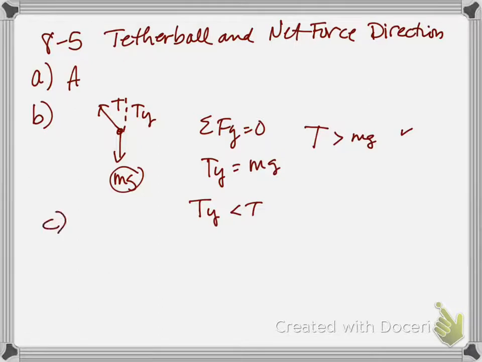Okay, so 1 point for identifying that the vertical component of the tension has to balance gravity, and then 1 point for saying that since that can never be 0, the angle can never be a right angle there. So that's part C. 2 points for that. Now for part D,